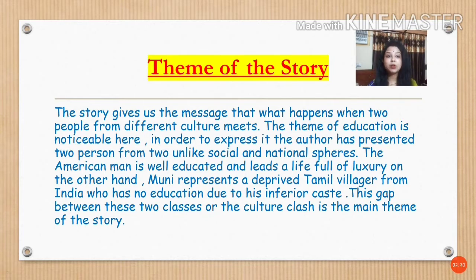In order to express it, the author has presented two persons from two unlike social and national spheres. So in order to depict this condition, that what happens when two people from two different backgrounds meet together, he has used two different characters who belonged to two different social and national spheres. The American man is well educated and leads a life full of luxury. On the other hand, Muni represents a deprived Tamil villager from India who has no education due to his inferior